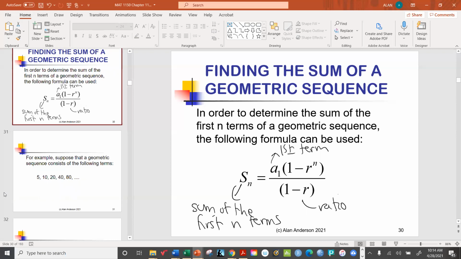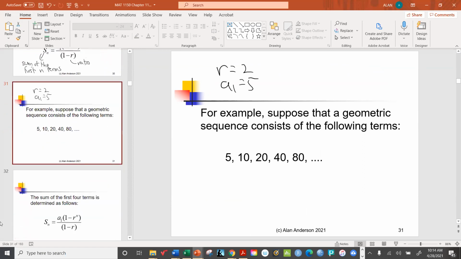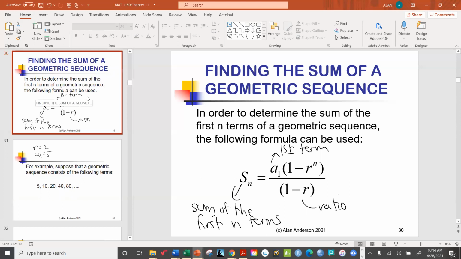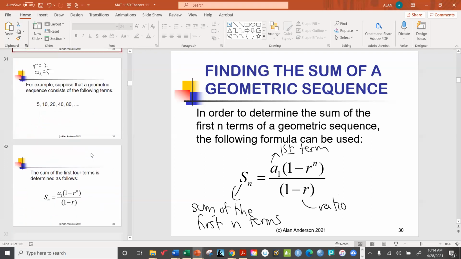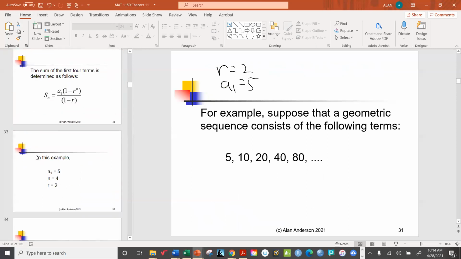So we've got a new geometric sequence. Let's check this out. This time, the common ratio is 2. The first term is 5. Now, what we would like to do here is add up the first 4 terms. With this formula, we don't need to know A4 like we did in the earlier examples with the arithmetic sequence. All we need is the ratio, the first term, and which term we're looking for. But having said that, why don't we first determine what the sum would be